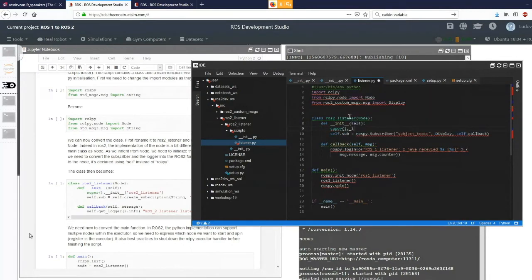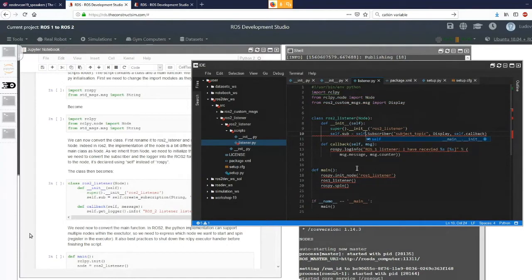Here I'm calling the super, which is going to call the Node. One of the arguments to initialize the node, as before, is the name of the node. Here I say init node, which super calls Node, and the name ROS2 listener. And for the subscriber, we don't have a class called subscriber. We say that we create a subscription